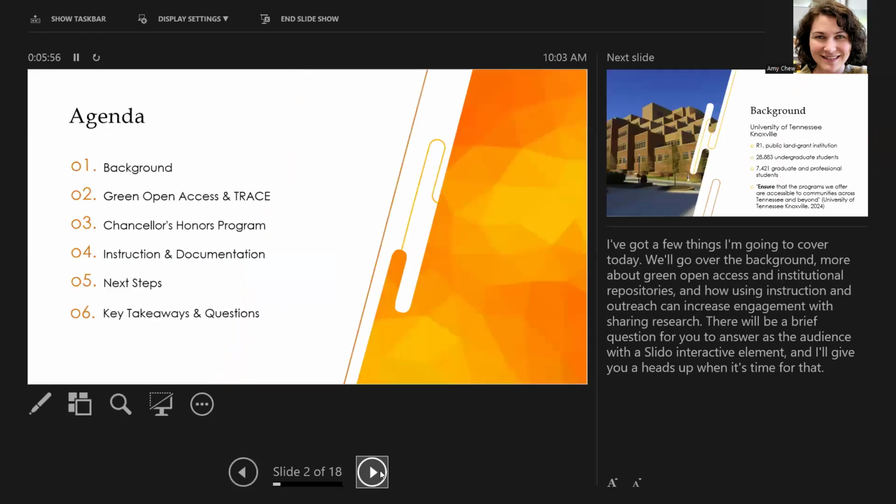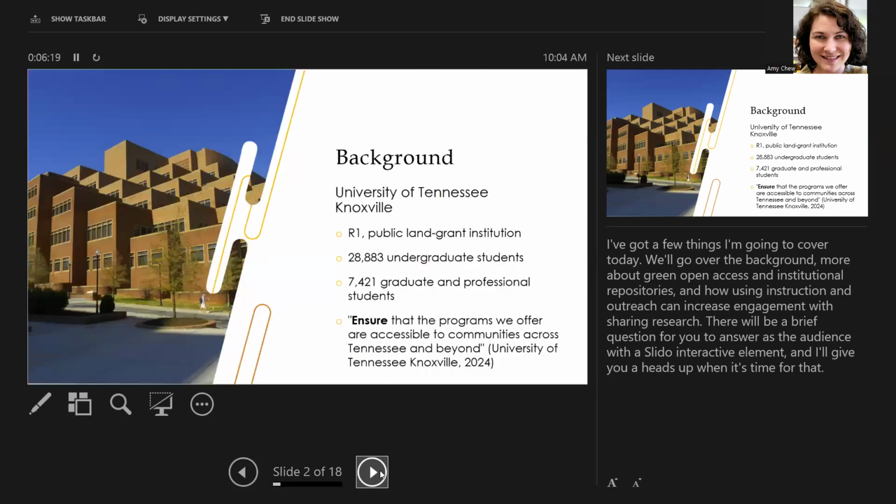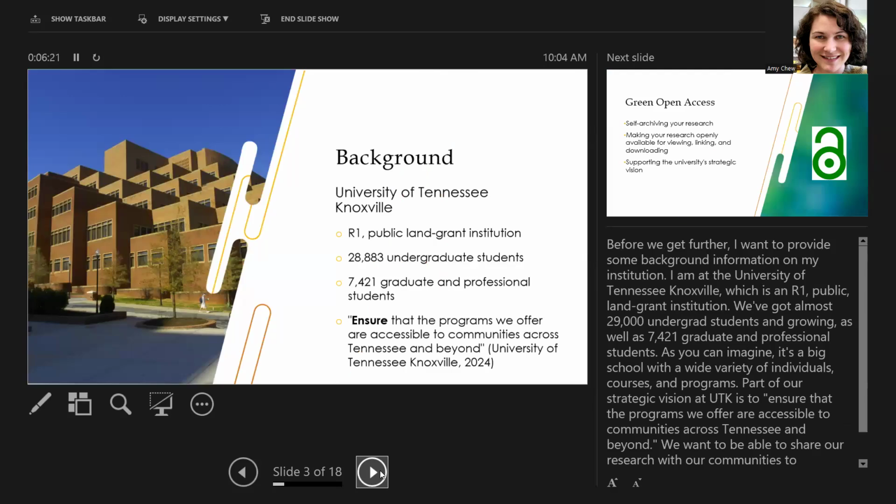There we go. So as I mentioned, this is kind of our agenda for the day. Mostly going to be talking about the institutional repository, a little bit of background, working with these underrepresented groups to use the repository, and some things that I've learned, as well as some takeaways for you all if you're trying to reach an underrepresented group with your resource sharing through a different way. So before we get any further, I want to share a little about the background of where I am, who these people we're working with are, and what's going on there.